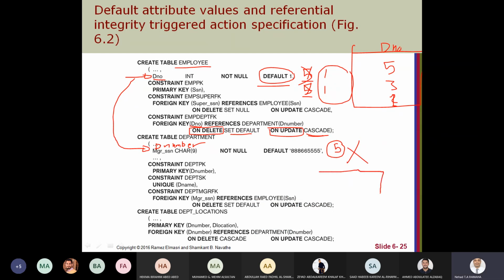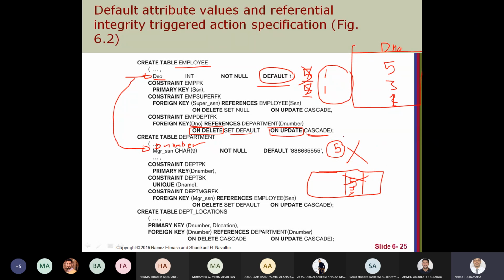If, like this, in department number I have 5, 3, 2, I don't have department number 1, and I'm trying to delete department number 5, now it will be rejected. Why?